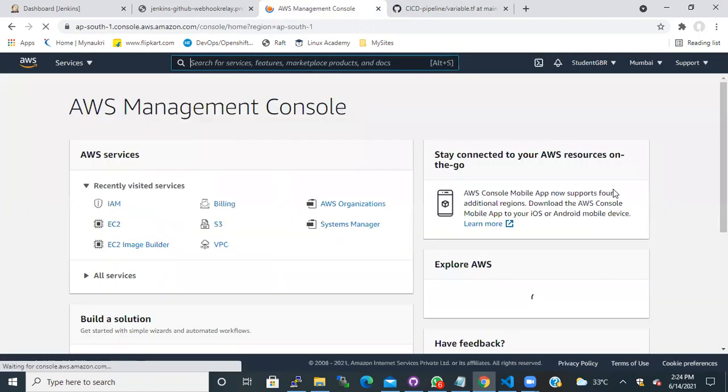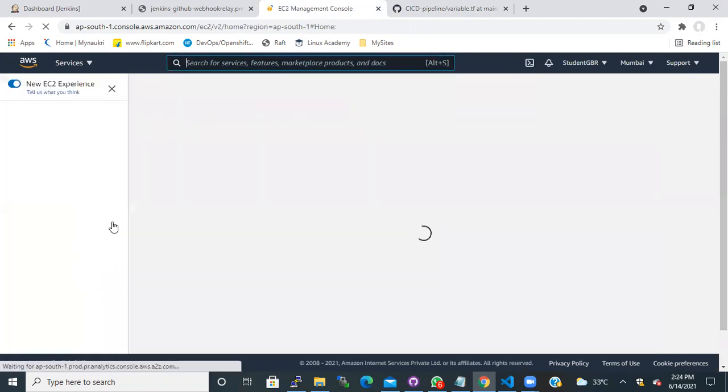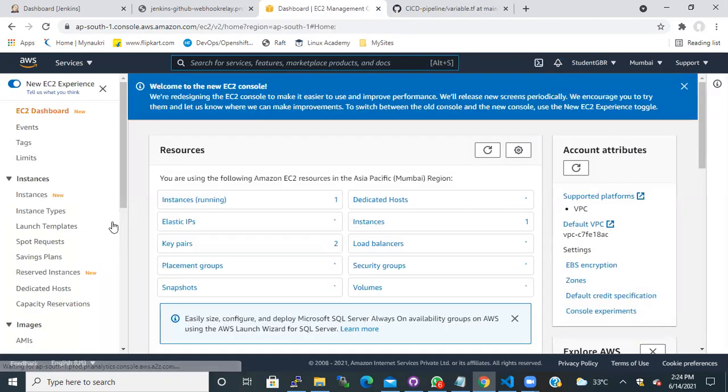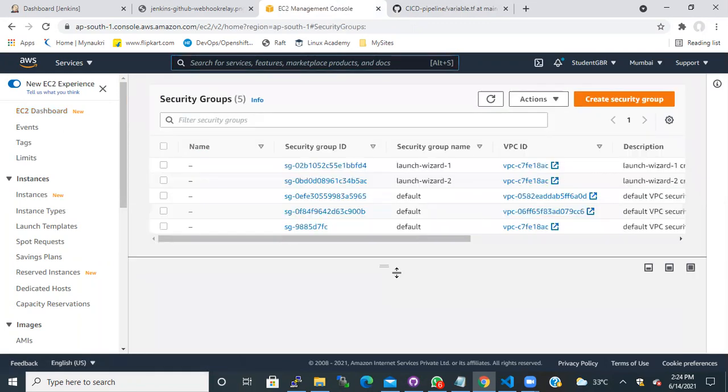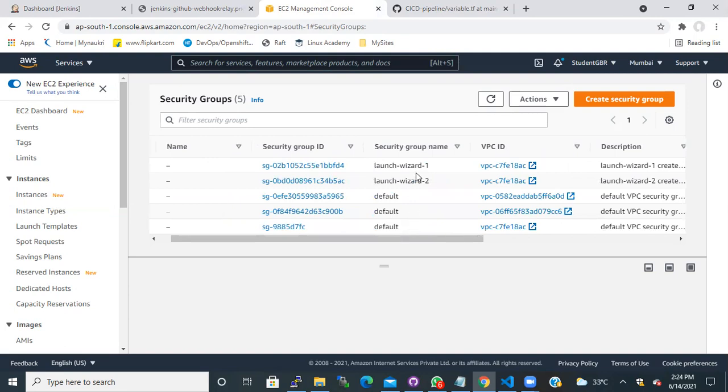So let's go and check. The action item that we are performing, as I mentioned, is a simple action item to create the security groups. If you see here, I already have 5 security groups, which are created by default. These are the default security groups, and these two are created as part of my Jenkins instance creation.